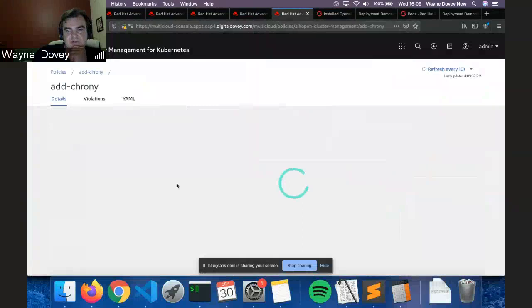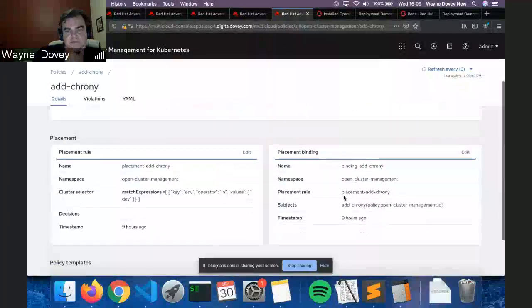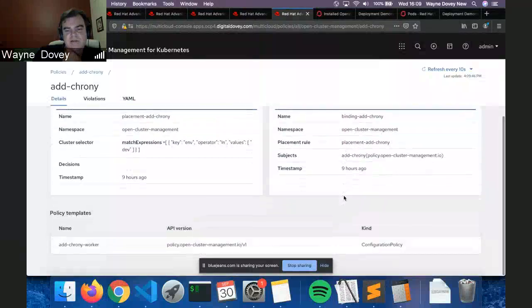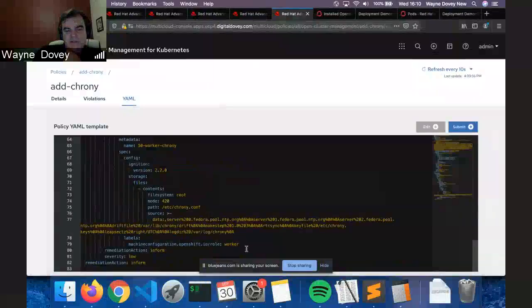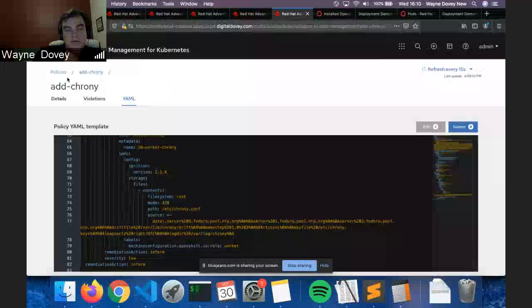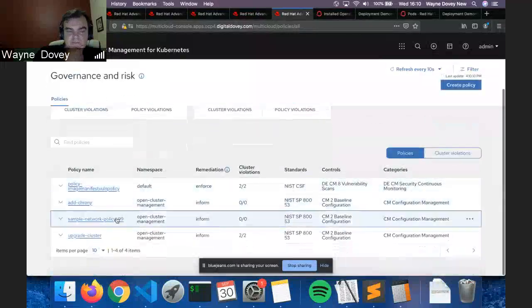So there might be a situation where you need to manage time-related configuration. In this case, it's Chrony, also known as NTP, and you're able to then implement an actual capability around this. And what it does is it will enforce this policy on a machine config. And here's an example of the output. A great way to get configuration management working.